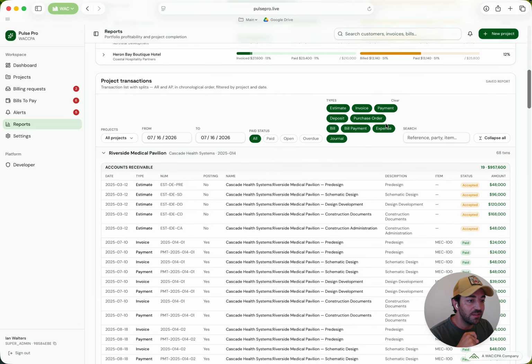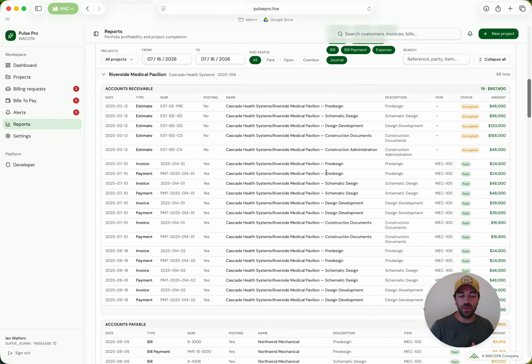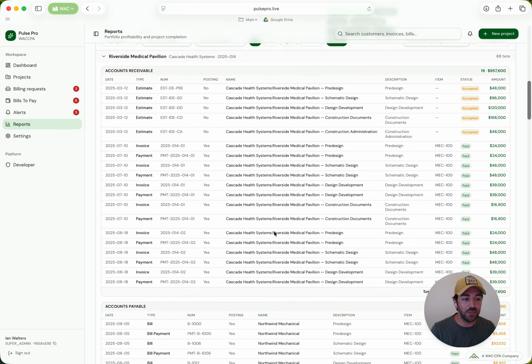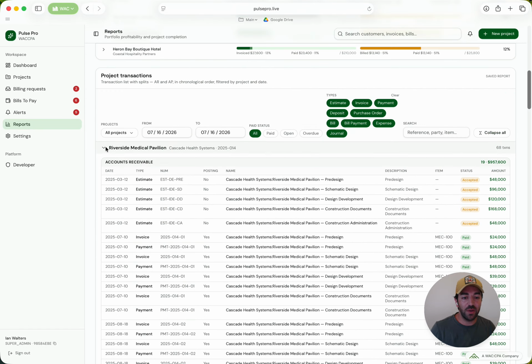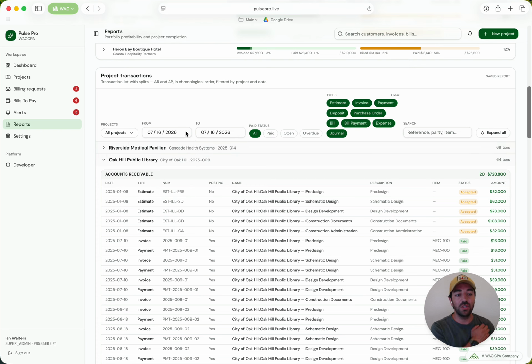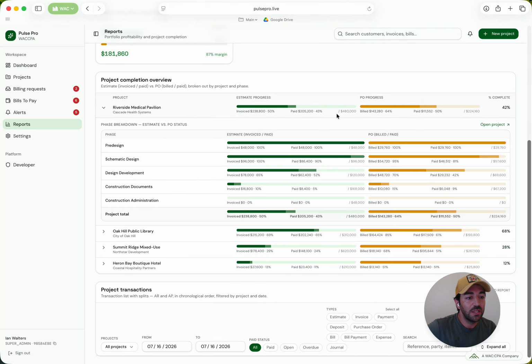And a lot of these things are still in development. What I'm hoping is that we can get as many people on these systems as possible so we can get feedback into what's working and what's not working. It's very clear that a lot of this is overkill. It's a lot of information, but I tried to do it in a way that you can look at, for example, all projects or choose a project, change the date range, change the paid status, only include invoices, for example,